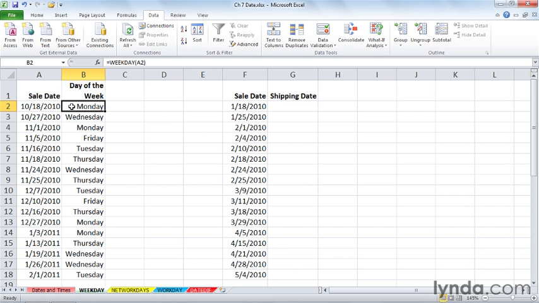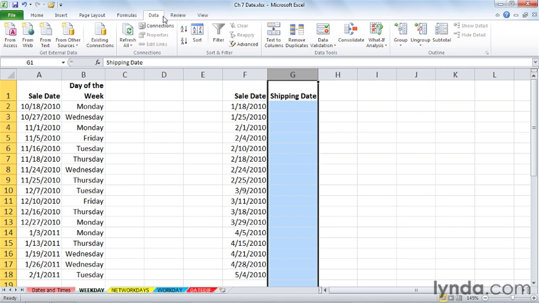And once you are familiar with the weekday function, you can apply it to other Excel features as well. In column F are some sale dates. And let's imagine that manually shipping dates are entered here, but we want to be sure that no shipping date is assigned here that's a Saturday or a Sunday, because you don't do shipping perhaps on those days. So what we'd like to be able to set up here, and we can, is a data validation rule that uses the weekday function. So I'm going to click column G here, and on the Data tab in the ribbon,